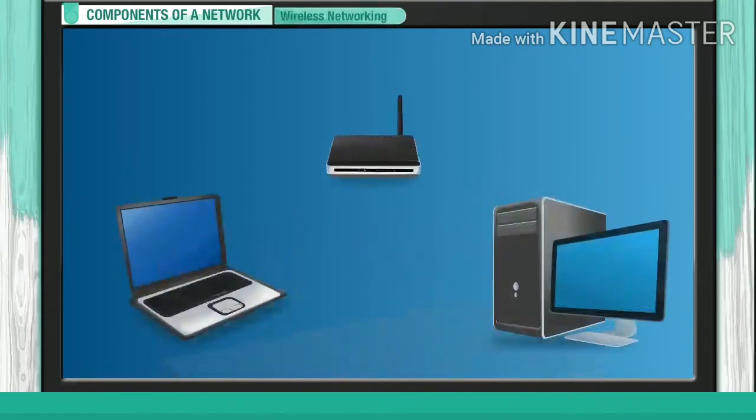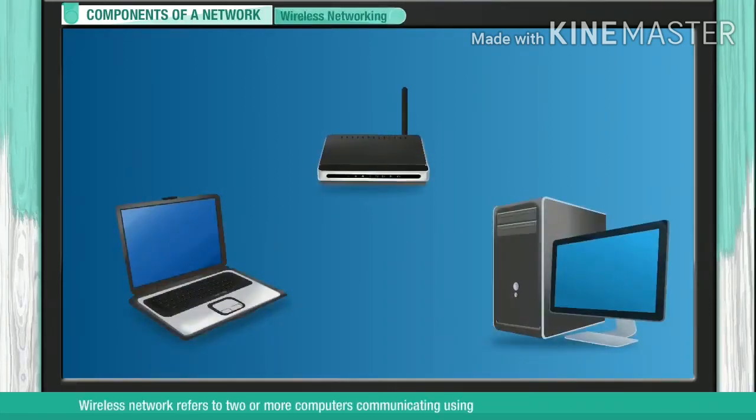Wireless networking. Wireless networking refers to two or more computers communicating using standard network rules or protocol. It does not use Ethernet cabling to connect the computers together. Instead, radio signals are used to send information. The components required for wireless networking are